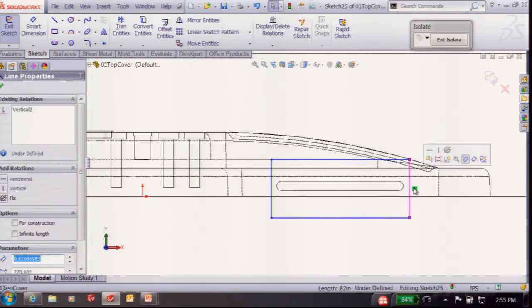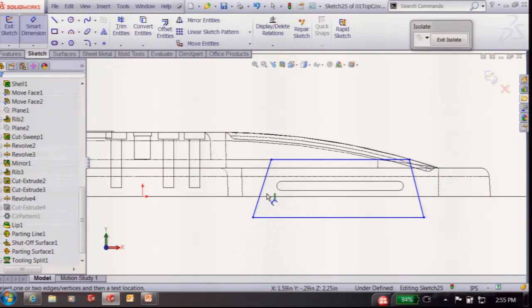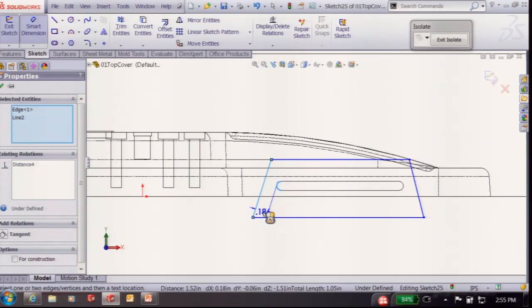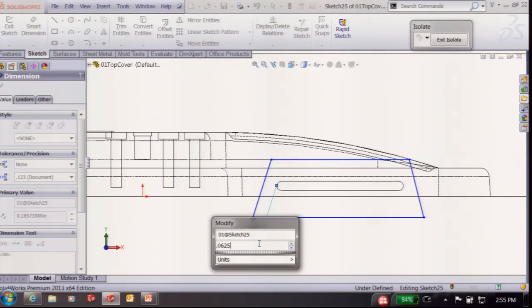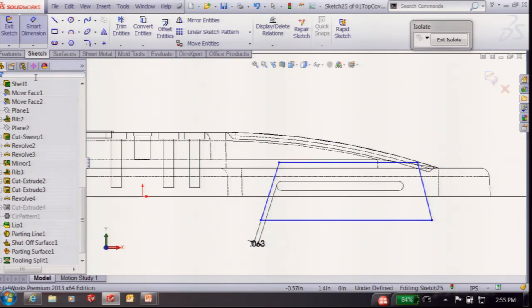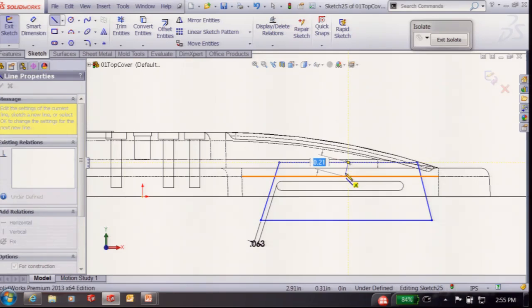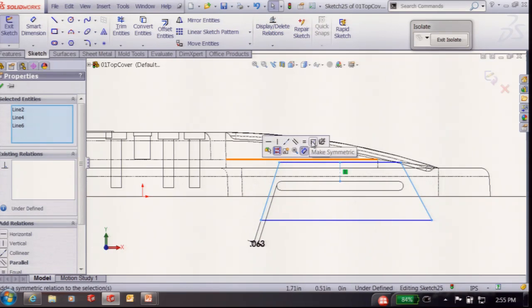I'm going to put a little draft on that to pull that at sort of an angle, maybe add some dimensions. Once again, I hold down Shift and select arcs. I can pull it to the minimum of the arc, and we'll just take that at 1/16 of an inch. I can make this symmetric, so if I hover over and grab that midpoint, I can grab the midpoint of there and make it vertical, and of course add a symmetric relation,